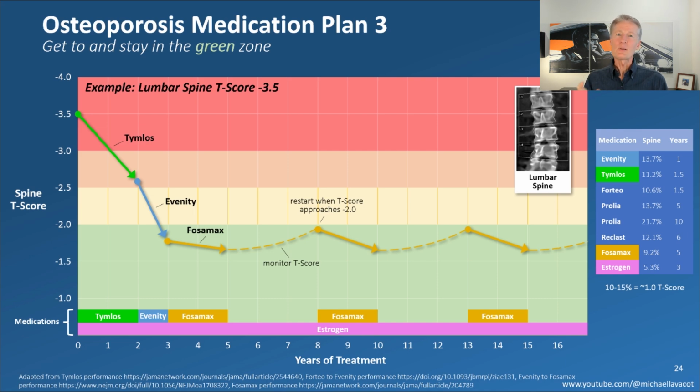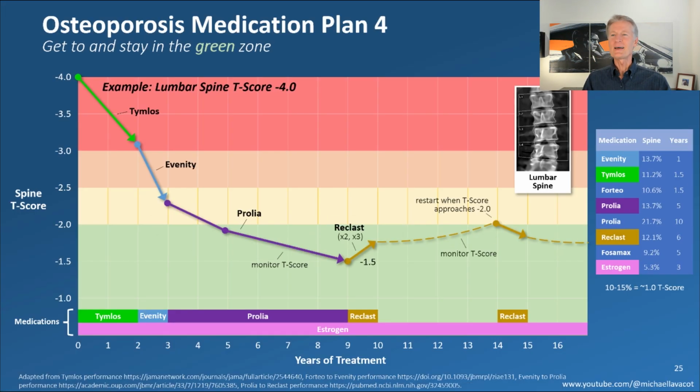Now, following Prolia is really tough, and again, you want to watch the Prolia presentation for something like that. Okay, so here's another example, and you could shift this up, right? If you're at minus, well, matter of fact, I think I'd do that. Look at that. All right, let's look at an example where you're -4.